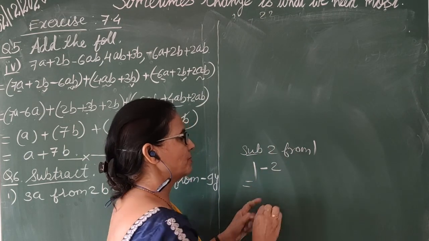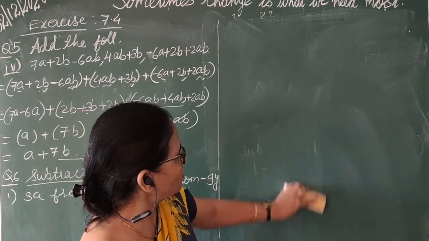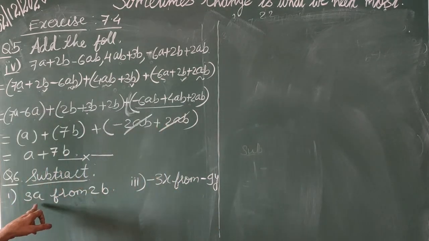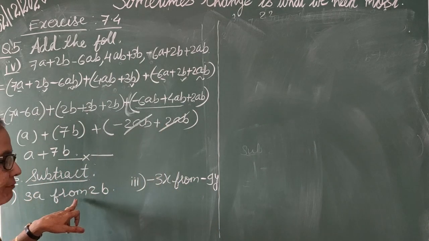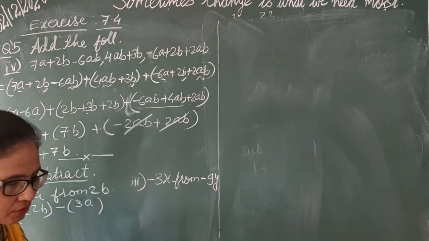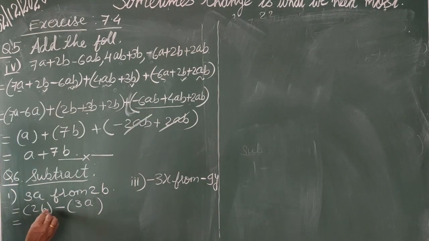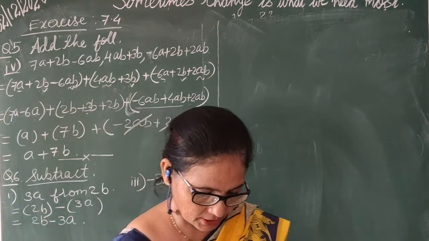So this step is very important, and according to that you have to solve. Okay. So the same is here. You have to subtract 3a from 2b. Whenever subtract and the word from is there, 2b you have to write first. So from 2b you have to subtract 3a, and now just see what will be the answer. Here you can see there is no like term, so it will be 2b minus 3a is the answer. Okay.